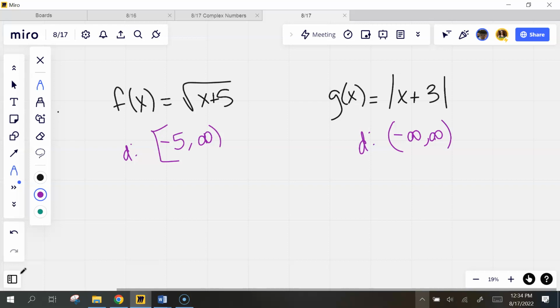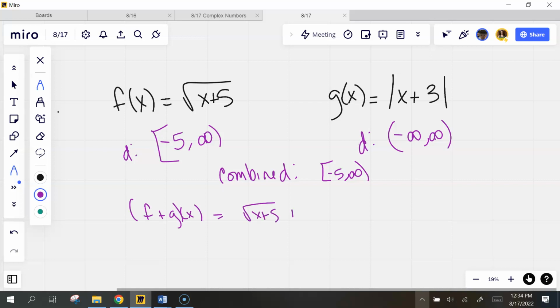So now whenever I combine, what is my combined working domain that I'm going to use as I start doing operations here? Negative 5 to infinity. Yes? Yep. So now, f plus g of x is just square root of x plus 5 plus the absolute value of x plus 3, with domain